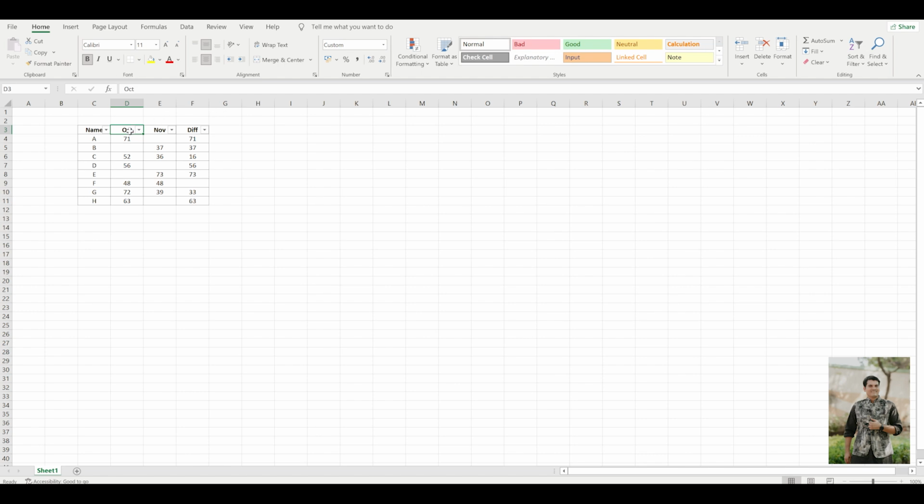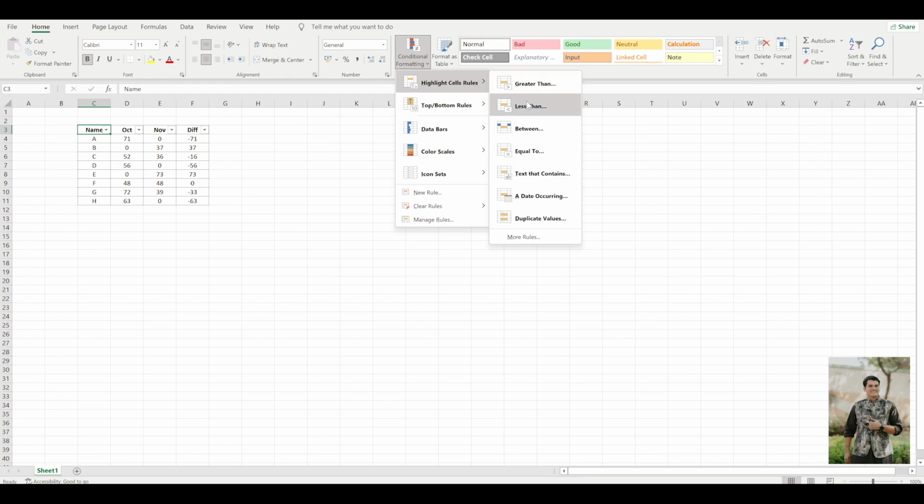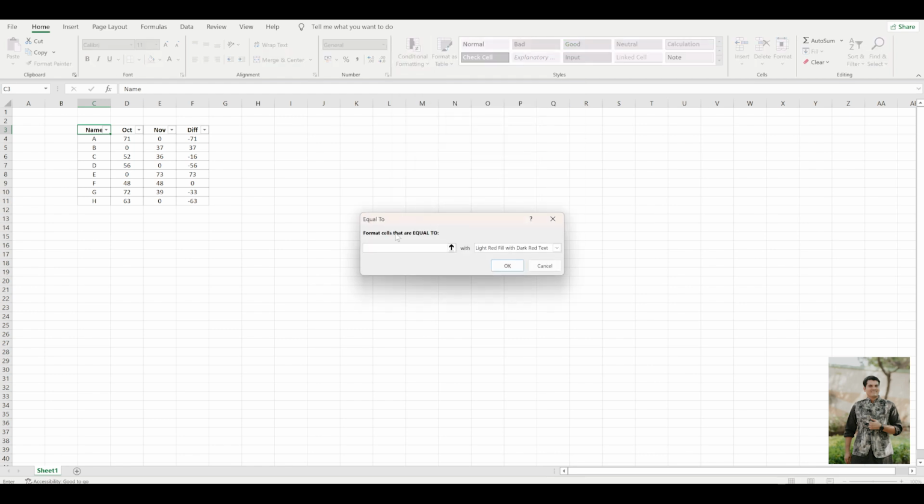First, press Ctrl Z. It's a shortcut key for undo of the last action. So for the third method, you need to go to the Home tab, then click on Conditional Formatting. Then here you have to select Equal To, and